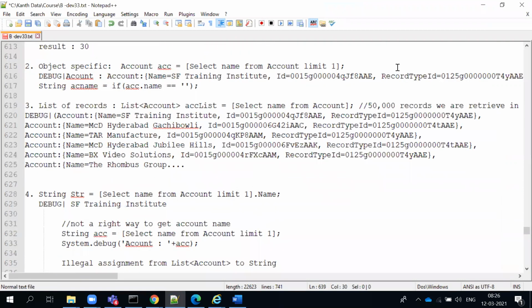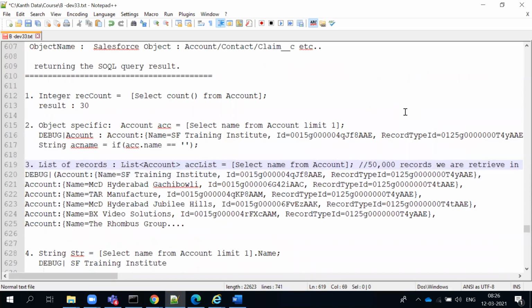So 50,000 records is the generic limit where you don't deal with any chunks or batches. A flat query can get up to 50,000 records. That's the limit they have. This is the SOQL query limit which we have. You guys getting what I'm trying to say? So why I brought this point is